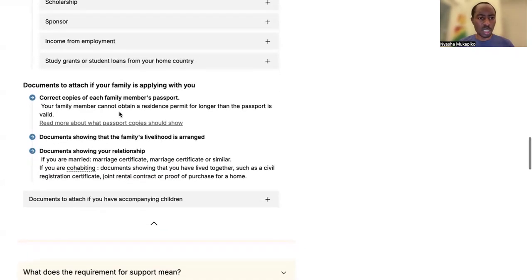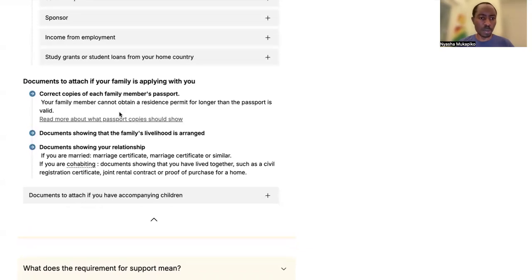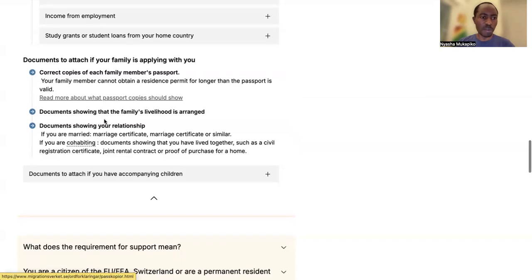Then documents to attach if your family is applying with you: correct copies of each family member's passport. I know some of you will be coming with your family members or your spouses, so you also need the following information if you are applying for your family members.